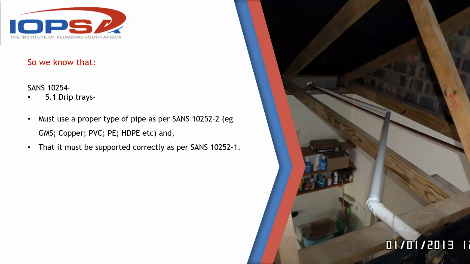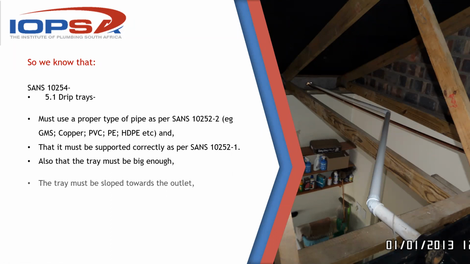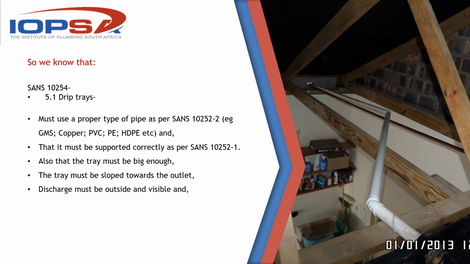Everything else on the installation probably complies, except for the fact that it's not supported. It's probably got a fall only just, but it's not supported. The flow will be okay, but that is non-compliant. The tray must be supported correctly as per SANS 10252-1, as you can see there. The tray must be big enough for the geyser and all of the valves. The tray must be sloped towards the outlet. The discharge from the tray must be outside and visible,